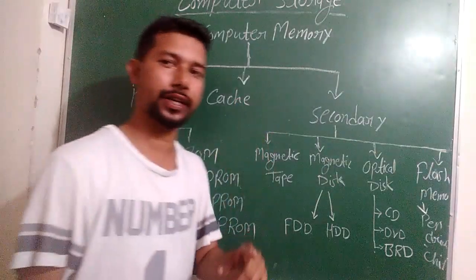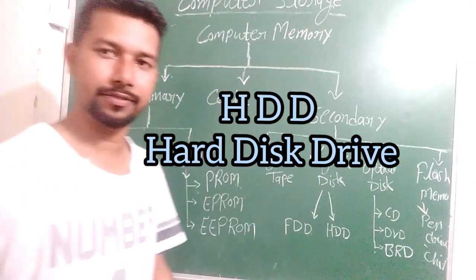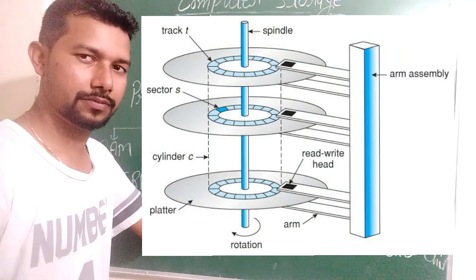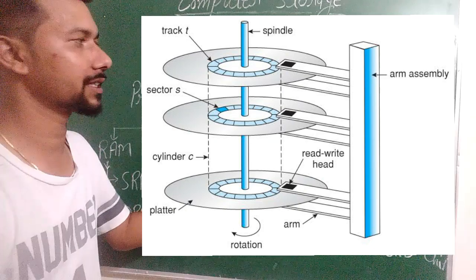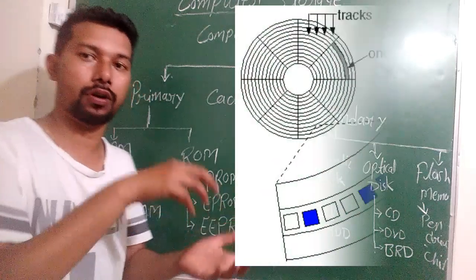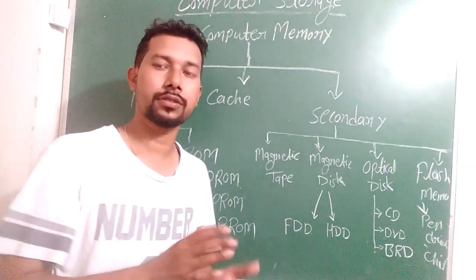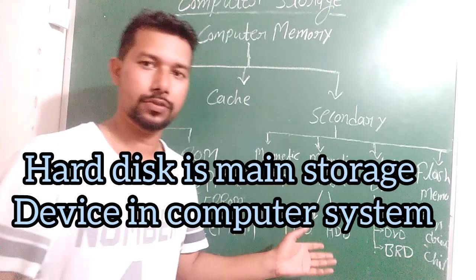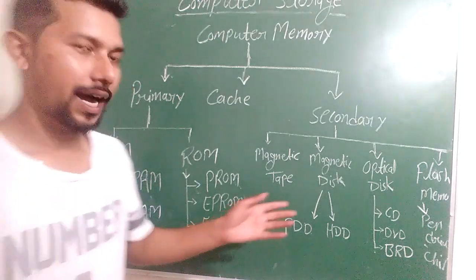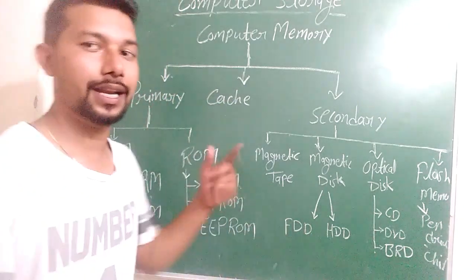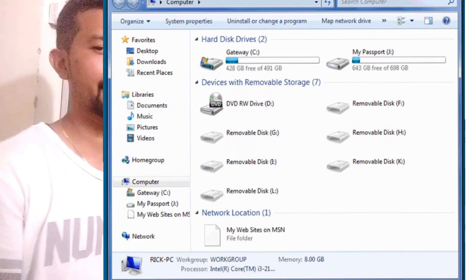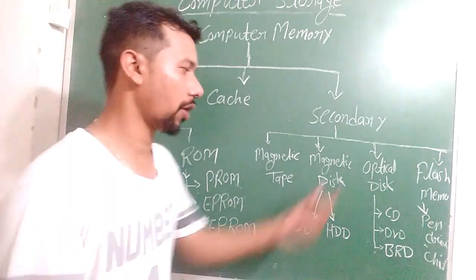Next one, very important for the computer system, hard disk drive. Look at your screen, this is the hard disk. Hard disk is a combination of a number of plates. These plates are divided into a number of sectors. These sectors store all data. Dear students, according to your use, you choose your hard disk capacity on your computer system. Hard disk is in your computer, like my computer, you can give the names C, D, E, F.